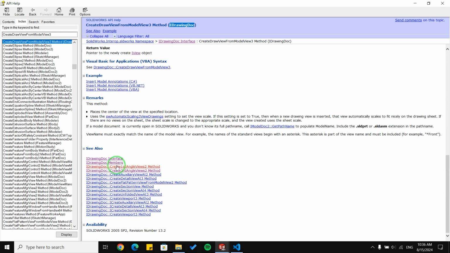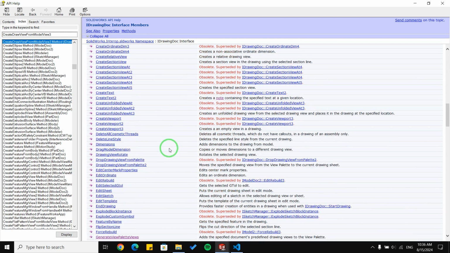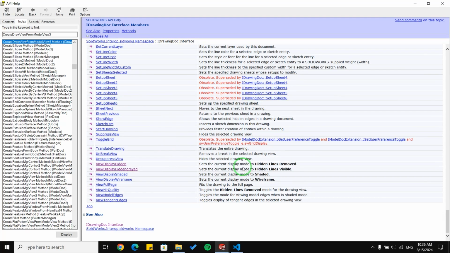So let me click on iDrawingDoc members, and at the bottom of the page we can see this function here. And as you can see, it says set the current display mode to the hidden lines removed. And this is what we need, display mode. We need to change display mode in our drawing views.